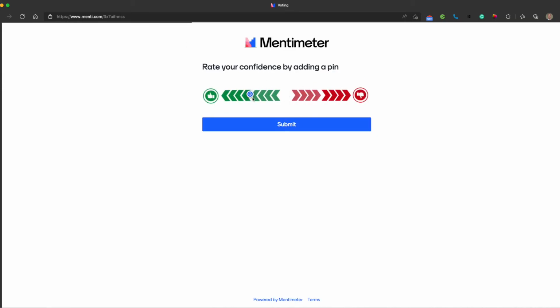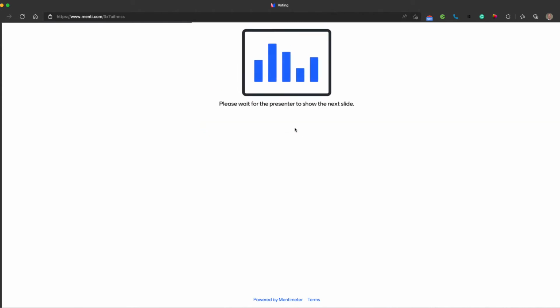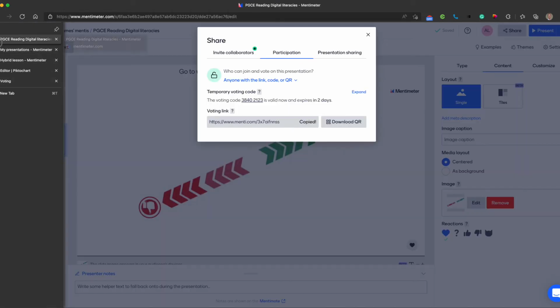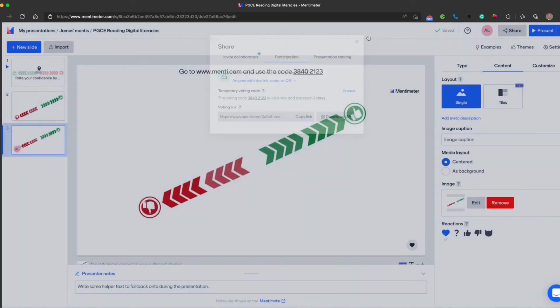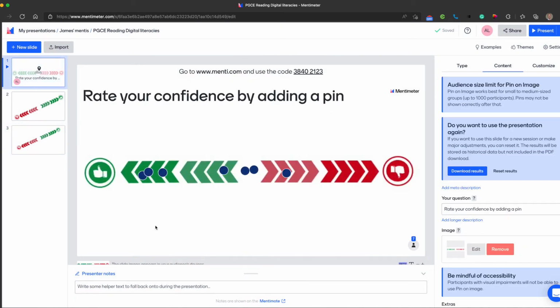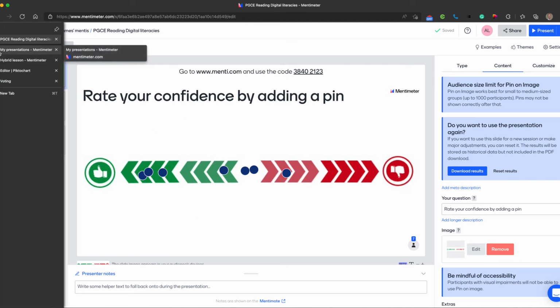I can position a spot very easily. I can position a spot where I want and hit submit. And that gives me a very quick way of identifying how confident they are at completing the activity. And you can see how many people have submitted down the bottom there. So that's one of the ways I like to use Mentimeter, and that's as a confidence scale using the add dot to image feature. The other one of my favorites for a starter